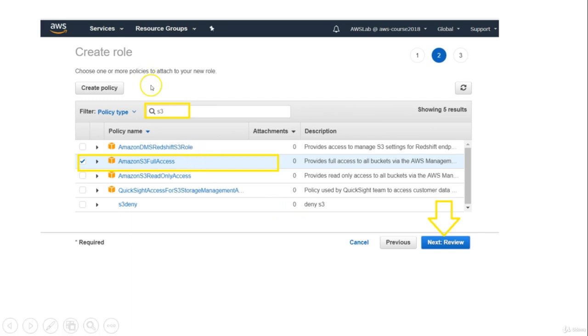After clicking permission, you need to find a policy to be attached with this role. So for example, we want to give our EC2 instance full access to Amazon S3. So this is a search box, policy type. Here just type S3. S3 related policies will be populated over here: Amazon DMS Redshift S3 role, S3 full access, S3 read only access. So we want S3 full access, so we will click this and then click next, review,